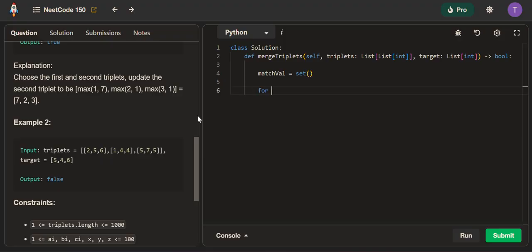So I will have to use a for loop and go through every single triplet. So for t in triplets, I think this makes sense. Now what we want to do is go see every single value inside each triplet, and if any of them is greater than the value of the target at that same position, then we're going to have to continue, because we know that by using this particular triplet we will have something that is not the target